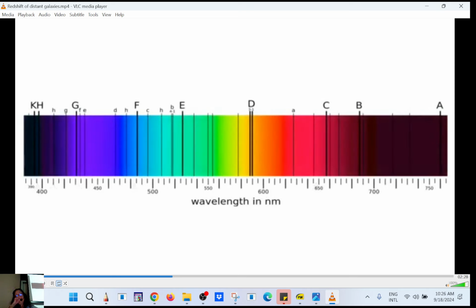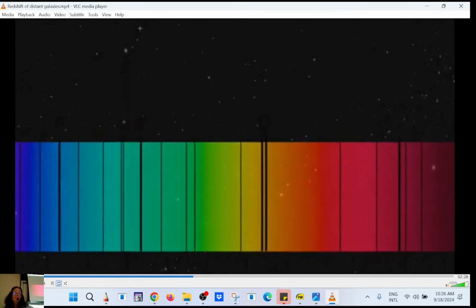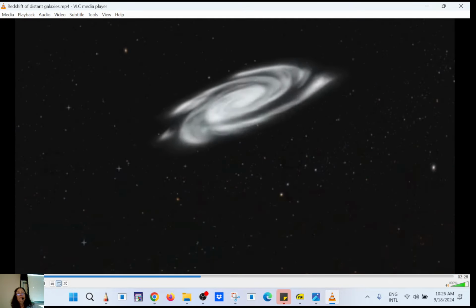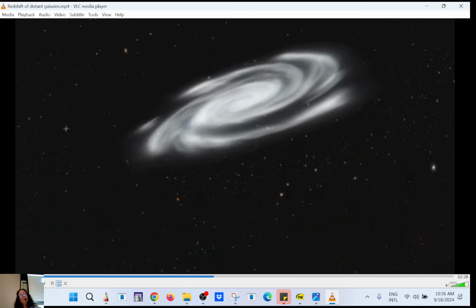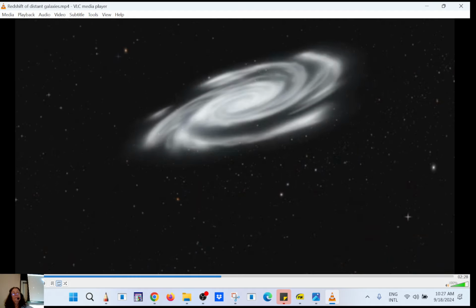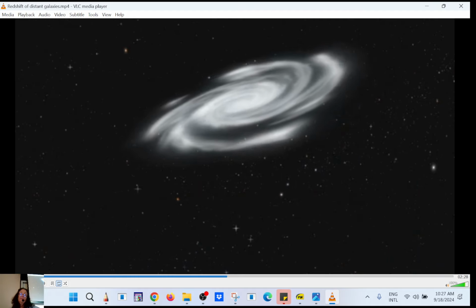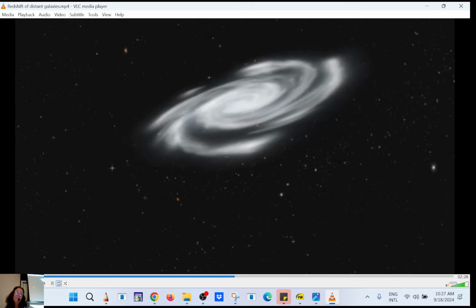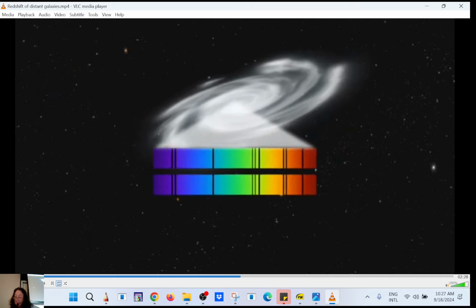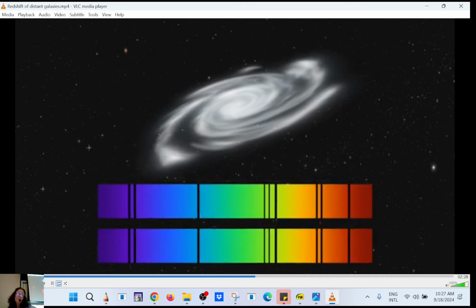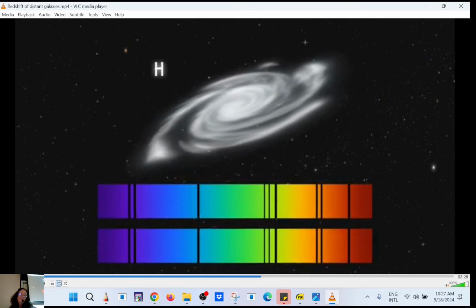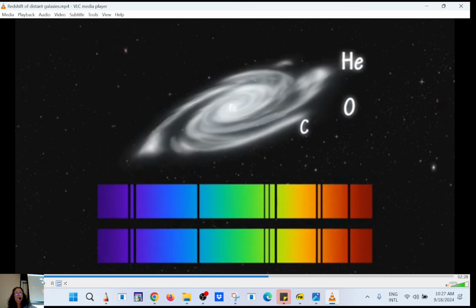By analyzing these lines, scientists can tell what elements make up the Sun. And spectral lines can also be used to investigate what elements make up stars and distant galaxies. Scientists can also use spectral lines to work out whether a galaxy like this is moving towards the Earth or away from the Earth. Let's compare two sets of spectral lines for this galaxy as we expect them to appear. The positions of the spectral lines are based on the absorption lines for various elements as they have been measured in laboratories on Earth.